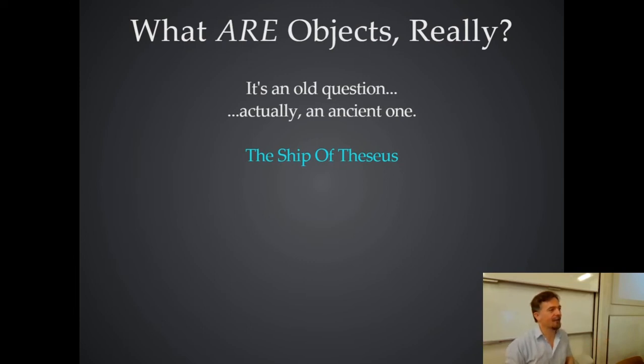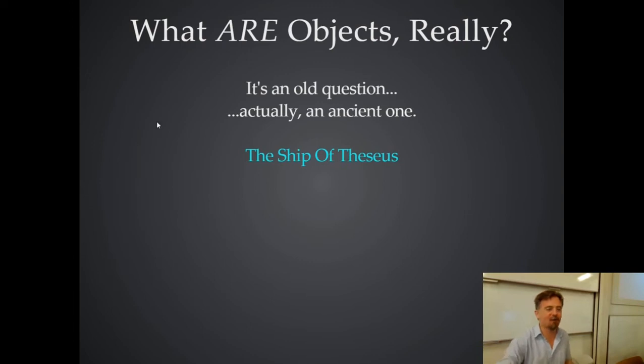Isn't the other side then, if you take all the pieces out of the ship, and you restore them, and then build a ship out of them, which is the real ship of Theseus? That is the other part. The other part, exactly as I was going to say, is that if you take all the parts that got replaced and somebody took those and put them somewhere else and built a ship out of all the replaced parts, that must be the original ship of Theseus, right? So which is it? Are there two now? Do we have two identical objects? Or do we have two things that are not the ship of...